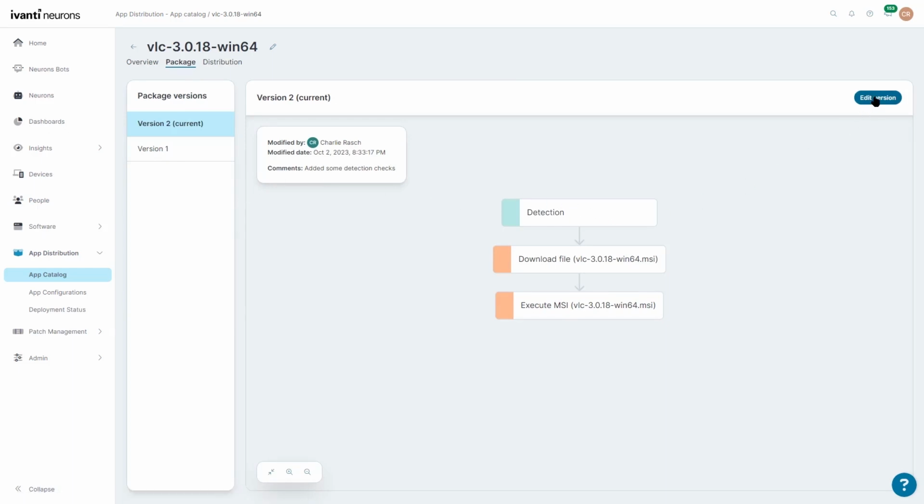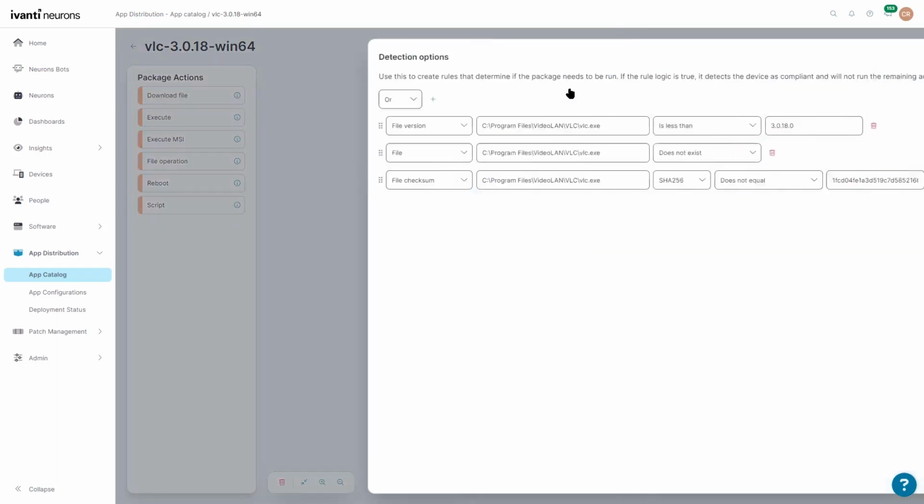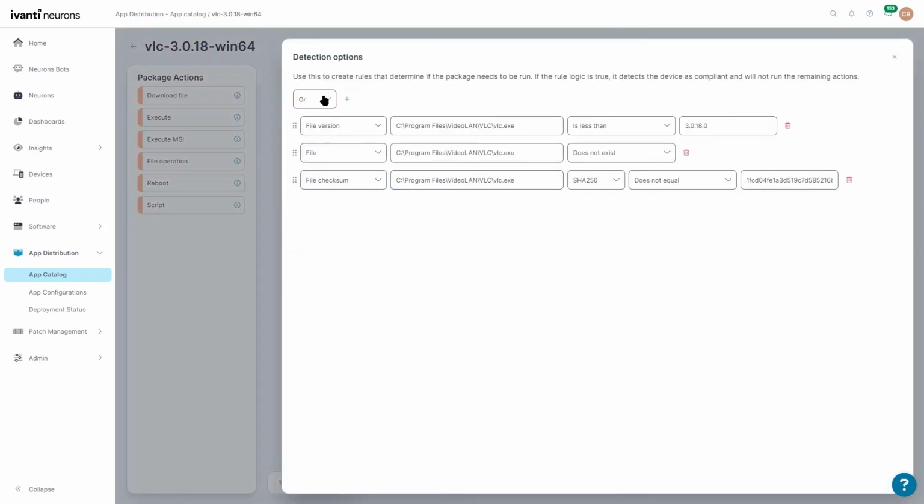And this is going to be especially useful for security agents, to make sure that you're using the right version and that it hasn't been changed. So we're going to go ahead, and we already added the detection. If you look at the detection, you can see I already have an OR statement. So if any of these don't match, it will go ahead and